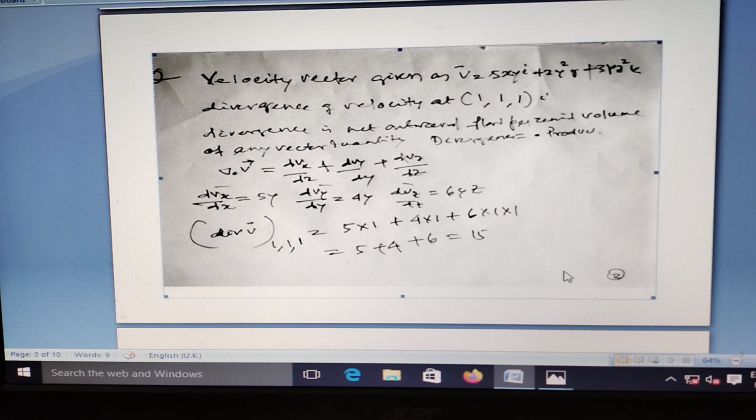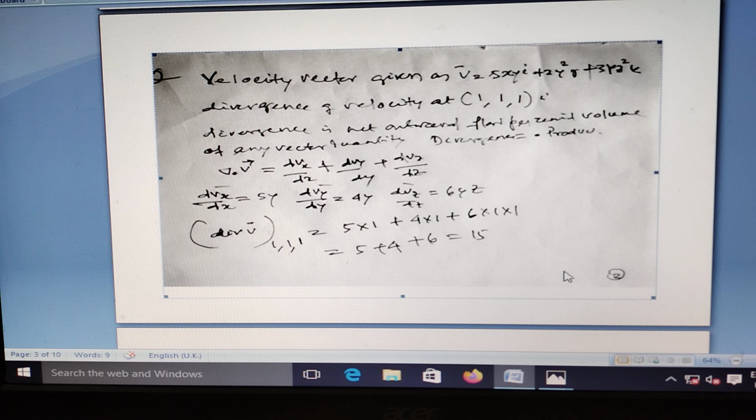Scalar fields: only position is there, no direction. Vector field: position along with direction. Line integral consists of evaluating, along a specified path, the integral of the dot product of the vector and the differential displacement vector tangential to that path. Surface integration performed over the entire surface is known as surface integral. Volume integral is used where any physical quantity like charge or mass of an object is distributed in the volume of the object; the total quantity can be found by taking the volume integral. Volume integral is denoted by a triple integral, surface by a double integral, line by a single integral.